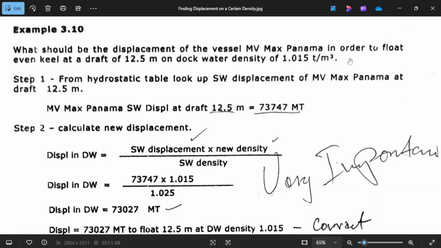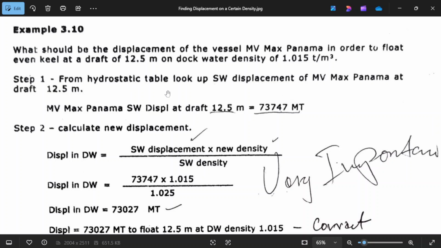It means he's asking, if the vessel is floating at berth in a density of 1.015 and a draft of 12.5, what will be her displacement? This is what the question is asking.